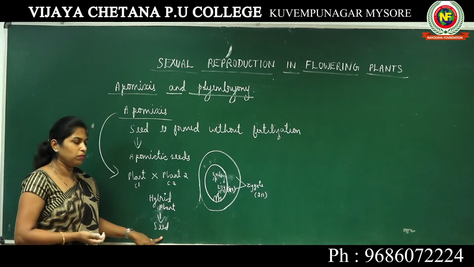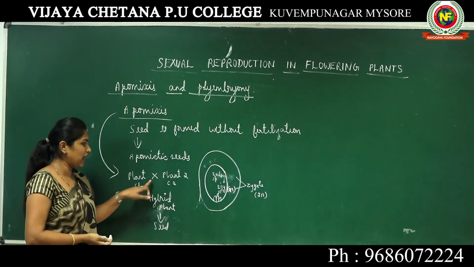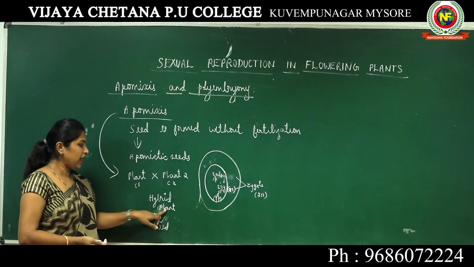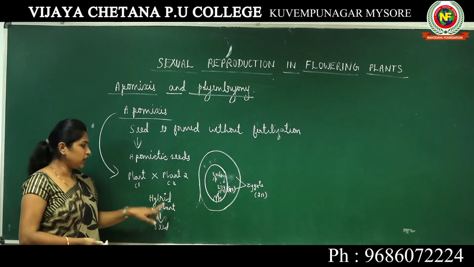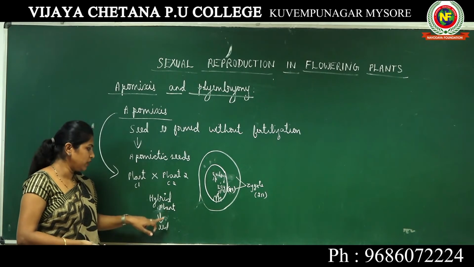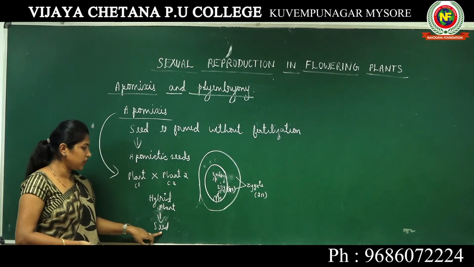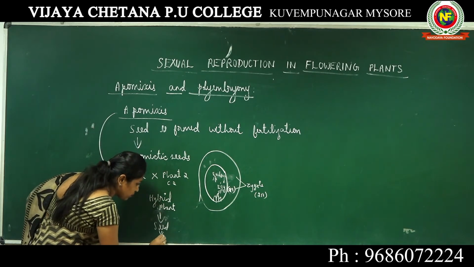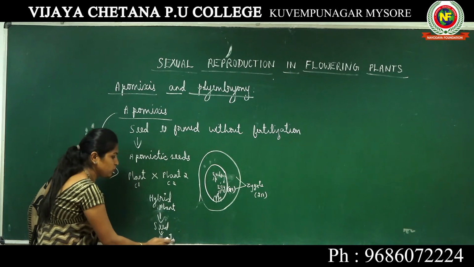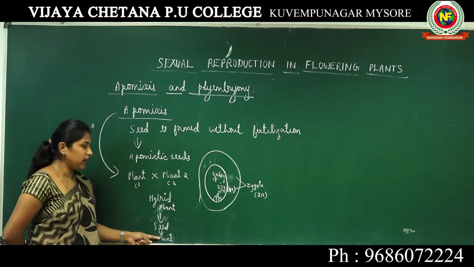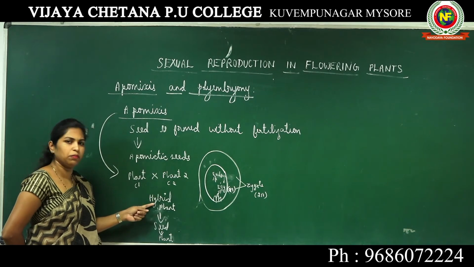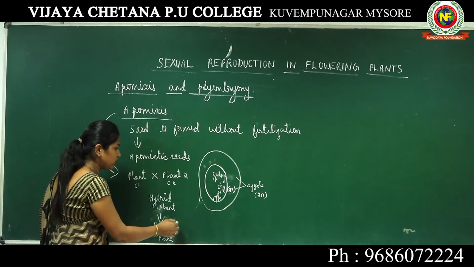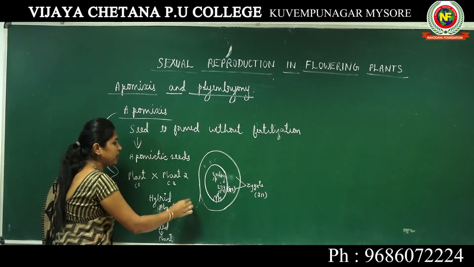I hope you are able to understand. When you are crossing two plants for a hybrid, your experiment is successful. The hybrid plant that you have obtained has characters from both the parents. It is a hybrid. It has desirable characters that you like. However, when these hybrid plants again produce seed, the seed definitely is going to germinate and produce a future plant. This plant will not have the same characteristics as that of the hybrid plant. It might go back to its parental characteristics, or the characteristics of the plant with which this hybrid plant is bred.